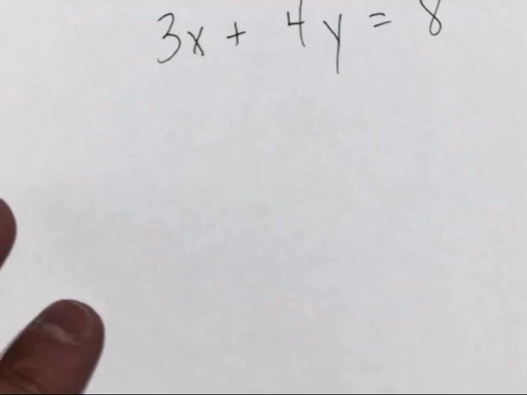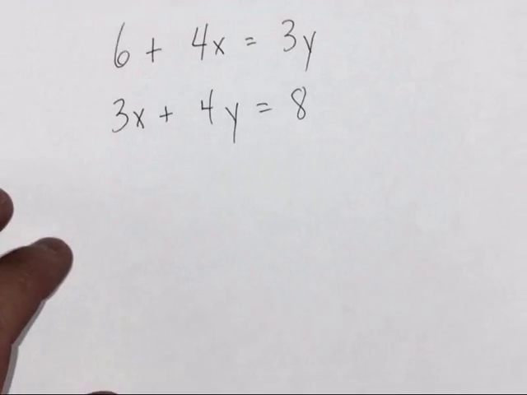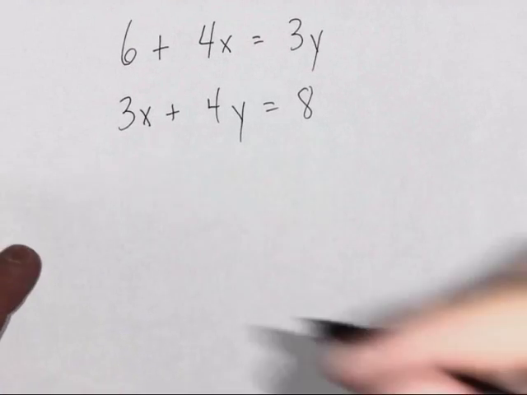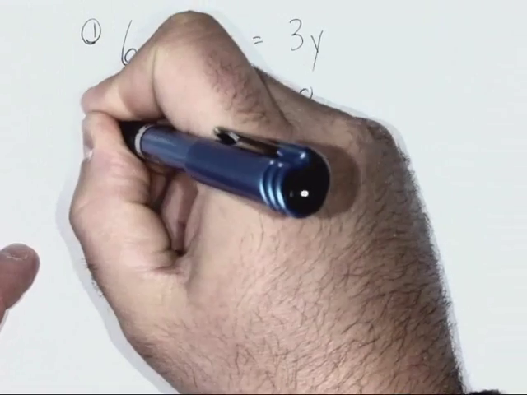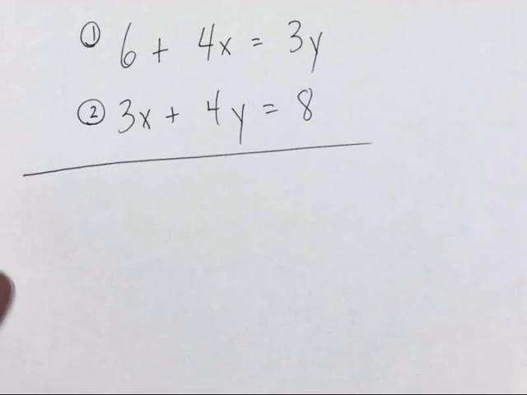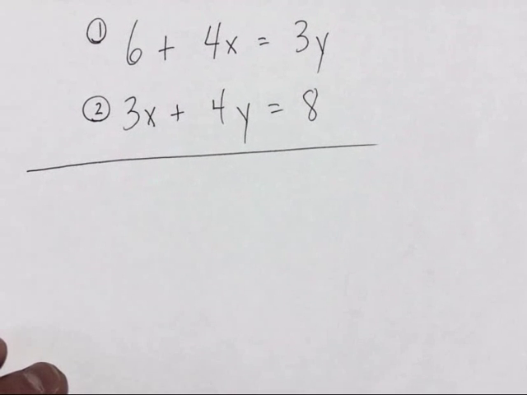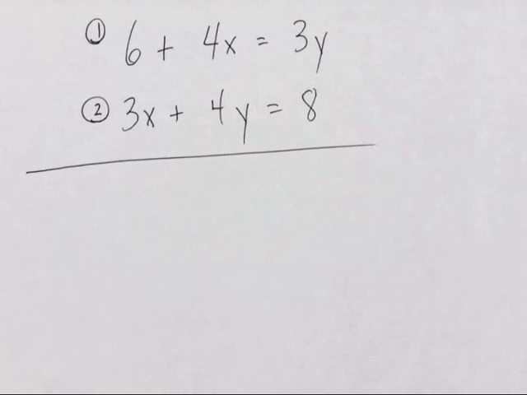So I've got another similar example here. I've got two equations. Label the first one and the second one, and we want to once again put these into slope-intercept form to determine whether they're parallel or perpendicular or neither. If the slopes were neither the same nor opposite reciprocals of each other, then they would not be either parallel or perpendicular, and we would say they were neither. So let's